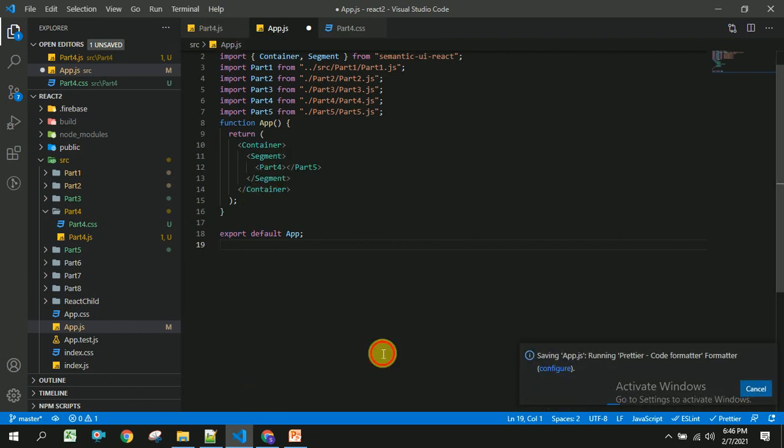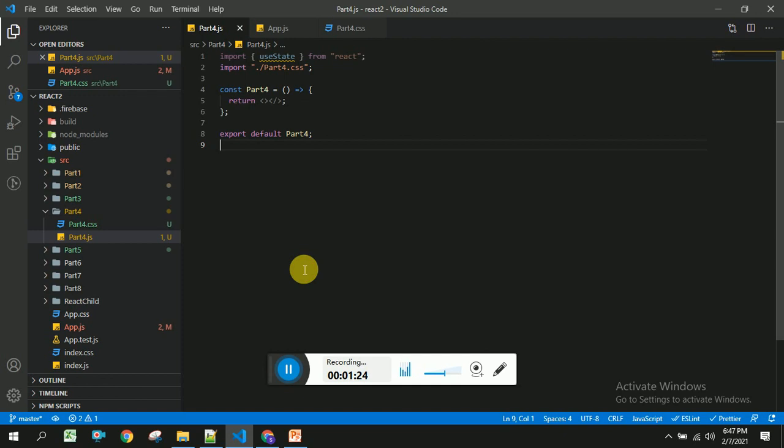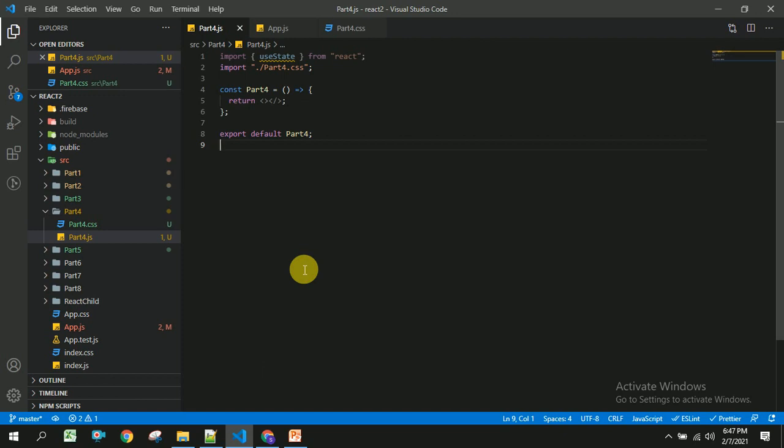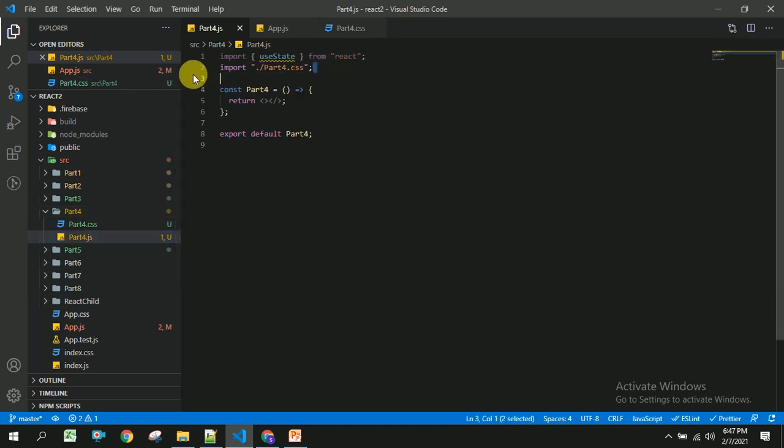So it will get saved, and let us write our code in part4.js. I have a CSS file called part4.css where I am going to write my styles, and I am going to import that here. And let us implement the first scenario.